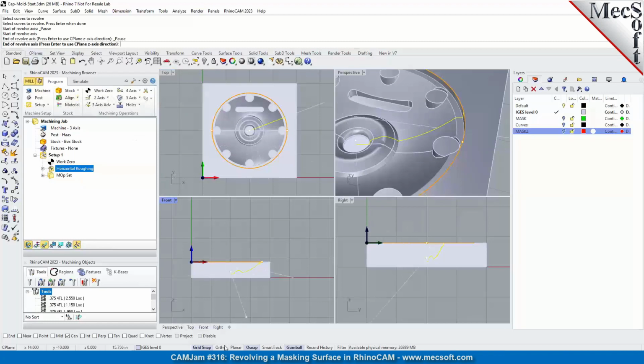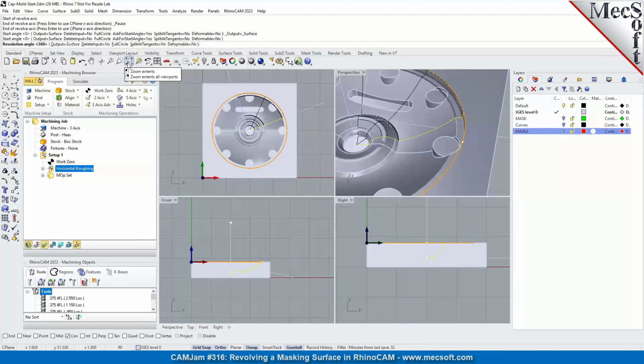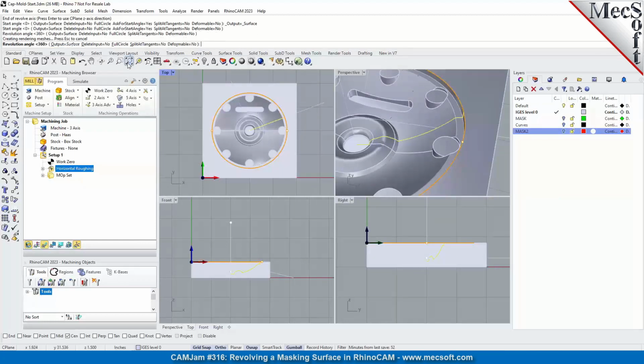So we want to turn our ortho constraint on. That'll constrain the dragging to up and down or right or left. So we just want to pick another point that's in the positive z-axis. That defines the axis that we're going to rotate. And then it's asking you for the starting angle. We just want to hit enter because we're going to start at 0, and we're going to hit enter again because we're going to stop at 360. Okay, so if you look,